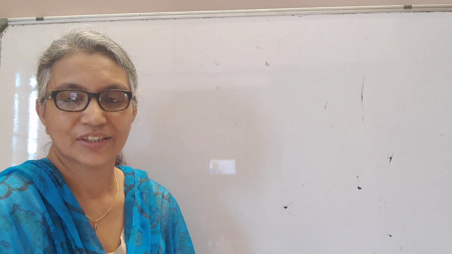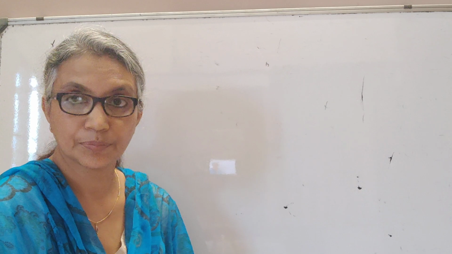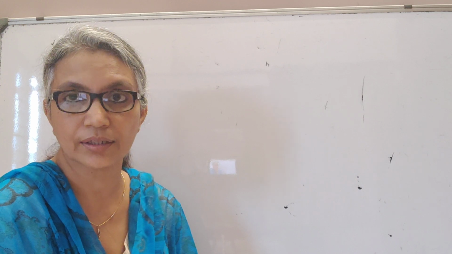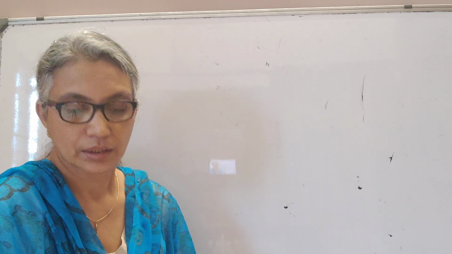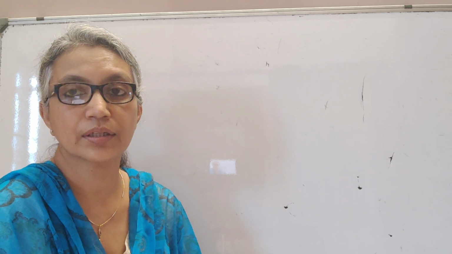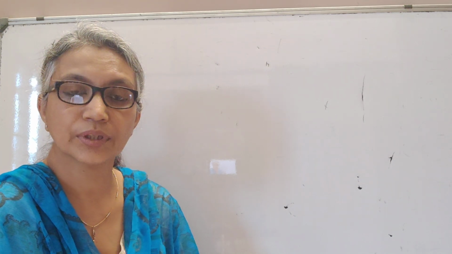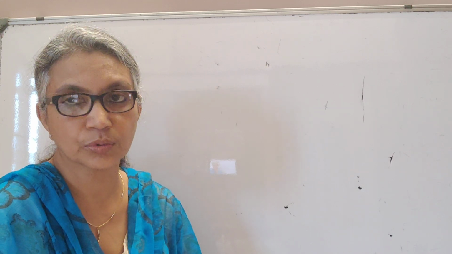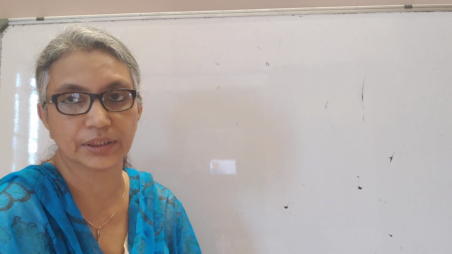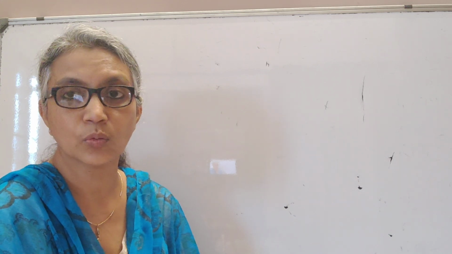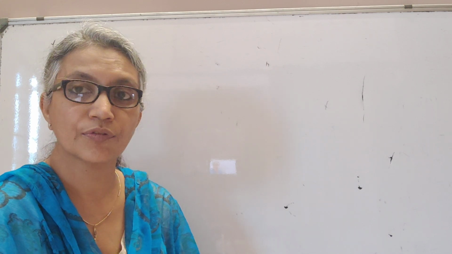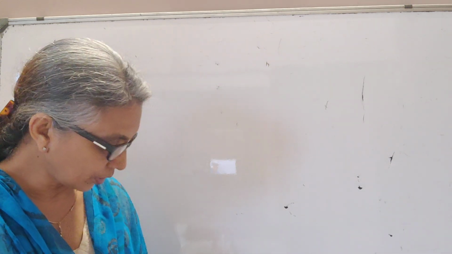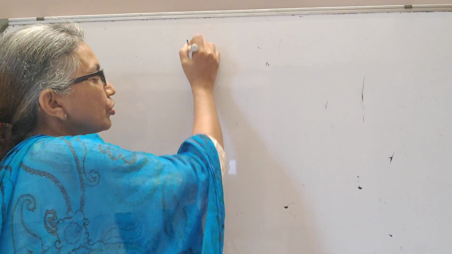Good evening. Today we are dealing with a very important topic, potentiometer, which is the last session of our third chapter, current electricity, that is part 4. Now, this potentiometer is an instrument that you can use to measure the potential difference. The other instrument that you would use to measure the potential difference is a voltmeter. Towards the end of this session, you will see why we prefer a potentiometer over a voltmeter to measure the EMF of a cell. So our topic for today is the potentiometer.